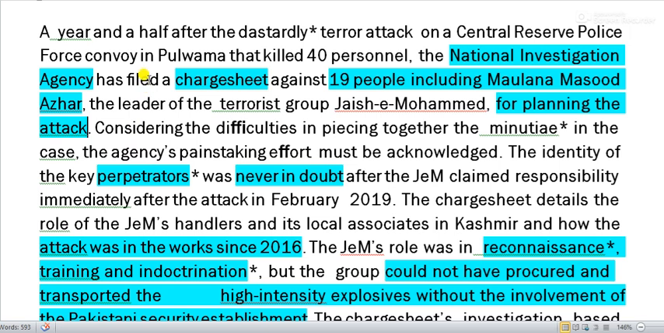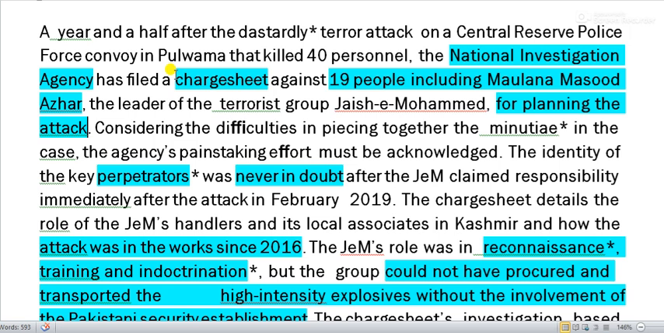It says that 1.5 years ago there was a very painful, very unholy terrorist attack on the team of CRPF that were passing by Pulwama, a place in Jammu and Kashmir, and that attack killed 40 personnel of CRPF. The National Investigation Agency